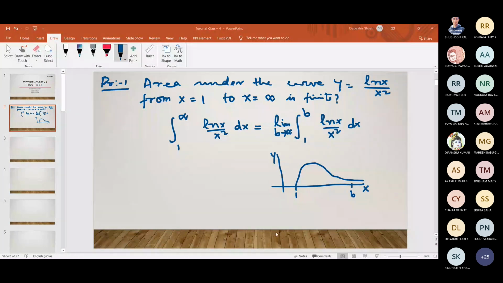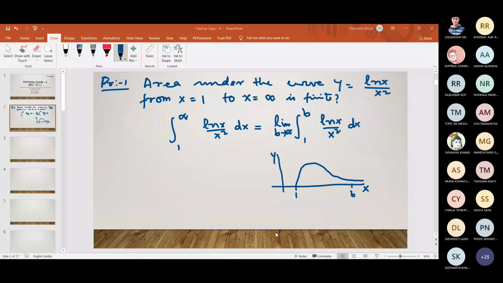So we are at this point. If you are going to find out the limit of this integrated value, and if we get that value to be finite, then we can say that the value of this integration is also finite, and that is convergence. So if you evaluate, you will get that value to be something like 1. The process of evaluation I'm not going into.